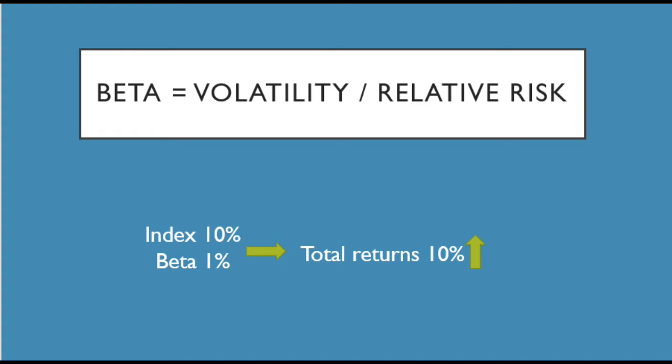In other words, if beta is less than 1, it means the stock is less volatile and hence less rewarding too. But if beta is greater than 1, it means that it is more volatile but it can be better rewarding as well. If I give you a simple example, debt mutual funds have a lower beta and lower risk compared to equity mutual funds, which have higher beta and higher risk.